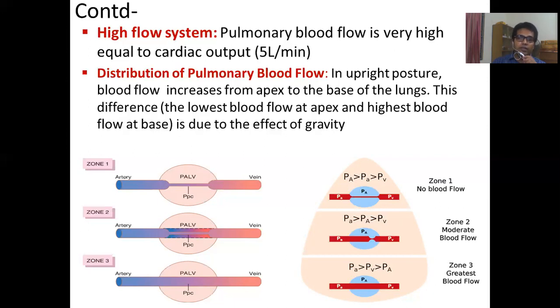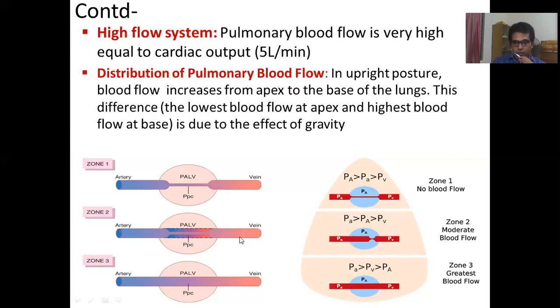So in this region, there will be no blood flow. Okay. Now, what will happen in the middle portion of the lung, or zone 2? In zone 2, as the effect of gravity decreases in comparison to the apical region, so during the